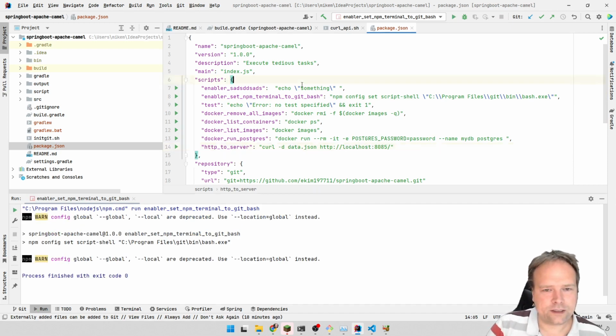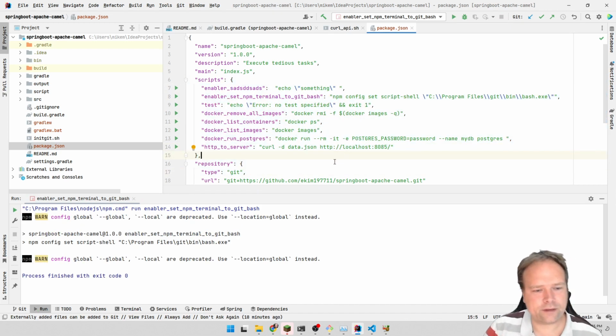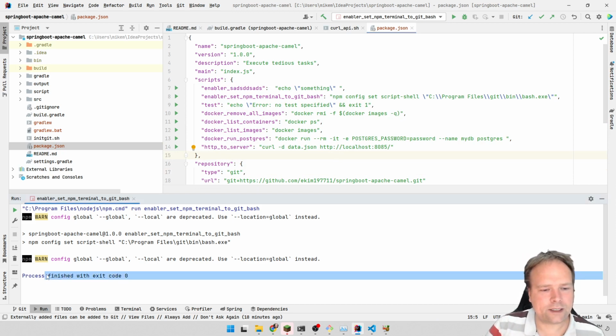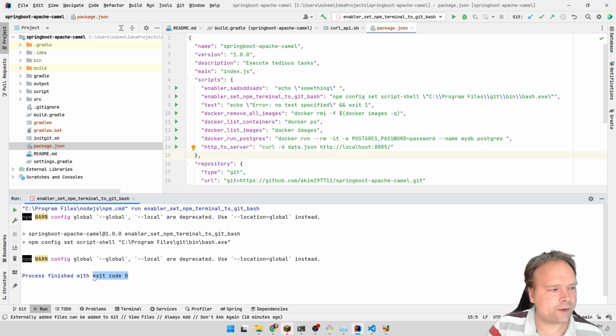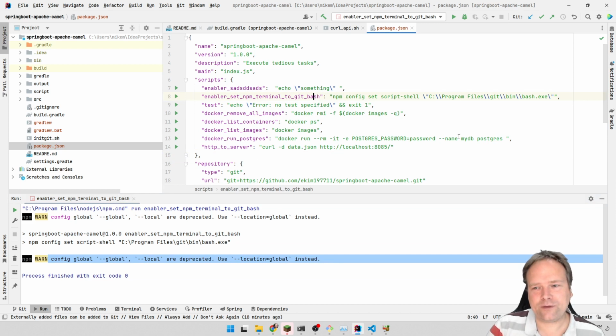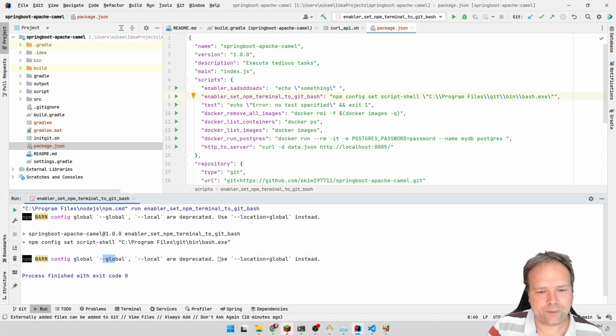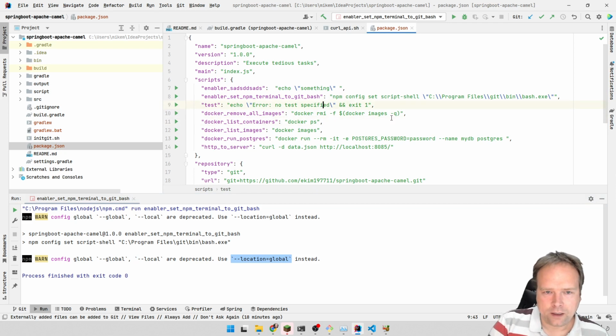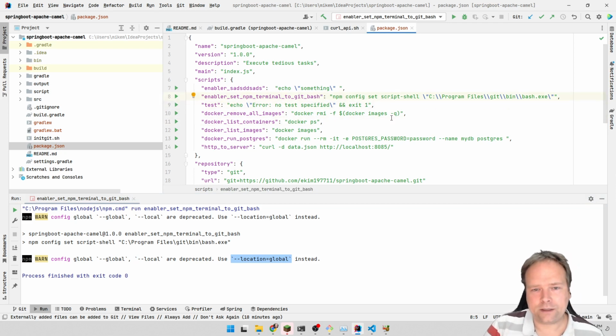Of course, this is JSON, so it needs to follow the JSON standard, of course. So now there was just a warning, and it exited with code 0. Code 0 means that everything went fine. Of course, there were some complaints that my syntax was not perfect. I should have done it in another way. I should have added minus minus, I should have used minus minus location equals something, and then I would have been happy. But I don't care about that, because now npm will actually run these out of the box with the bash